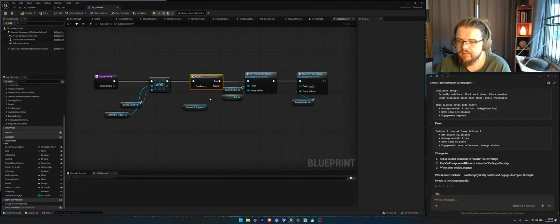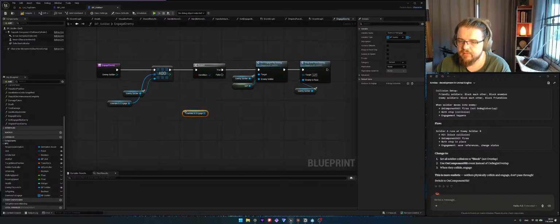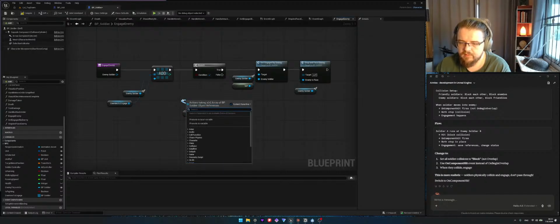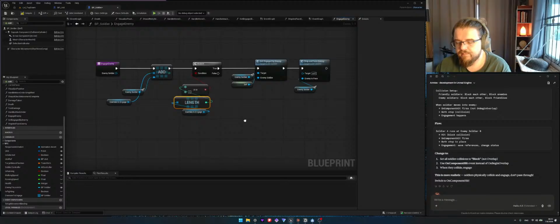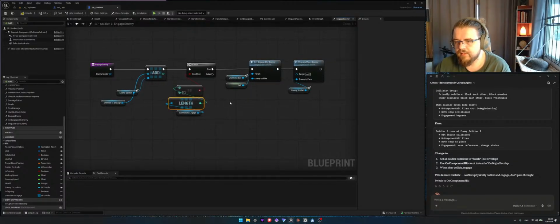So it's basically the same branch as it was with the engagement. Length equals 1. But I still think